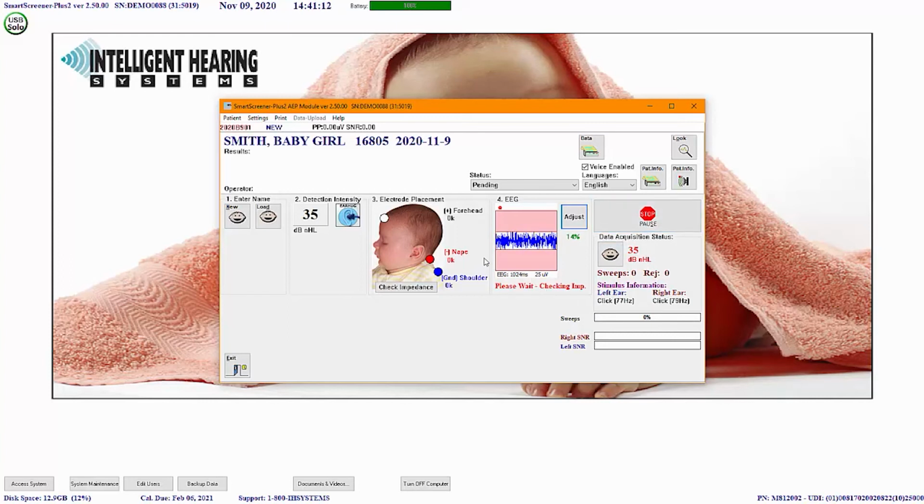At first, the system will check the impedance again, and once the impedance check is completed, you will see the words ramping appear. We noticed that babies with robust hearing would startle a bit at the onset of the stimulus, and so we decided to have the software slowly raise the volume to 35 dB. This only takes a couple of seconds, but helps reduce the myogenic noise that can come when a baby is